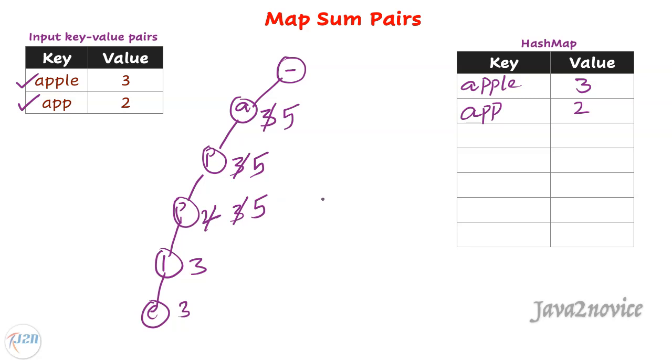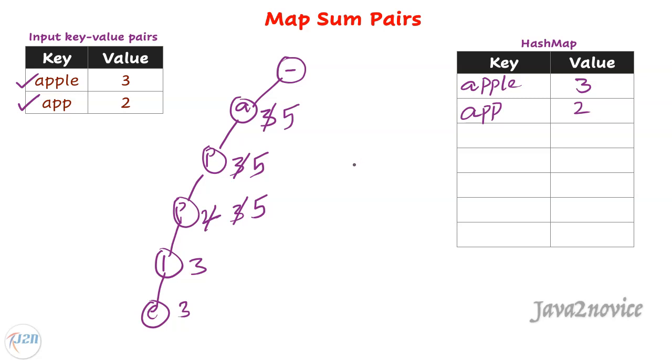You must consider the inserting existing key use case here also. We must calculate the delta first and then update the prefix values here. I hope you remember the delta formula which we discussed just now. Now it is much simplified to insert key value pairs and fetch sum values.